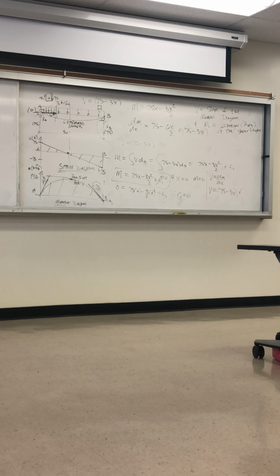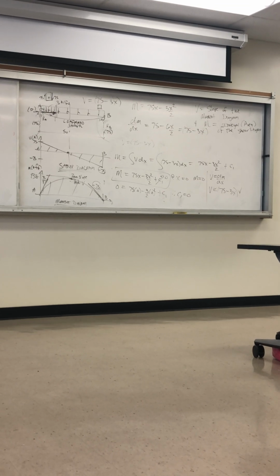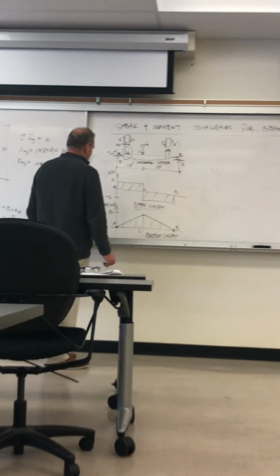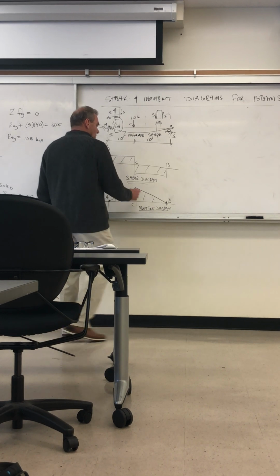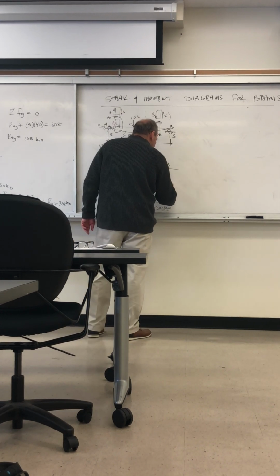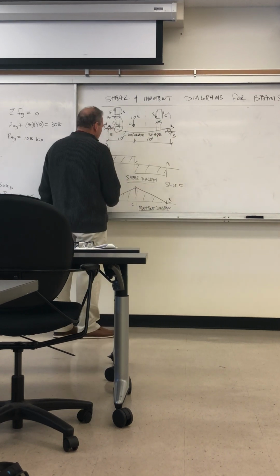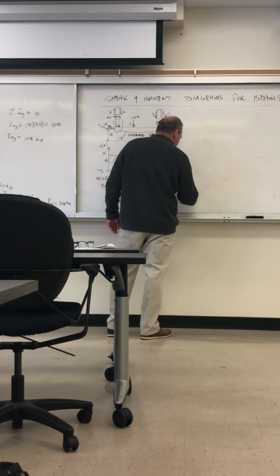See, now looking at this, the slope of the moment diagram is a shear. You can see this is a constant slope, right? That's why it's a constant shear. So we have here, let's say the slope at the beginning of the moment diagram. We have it's 50, and then it's divided by 10. Right? So